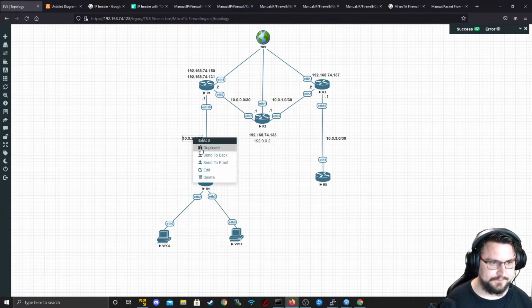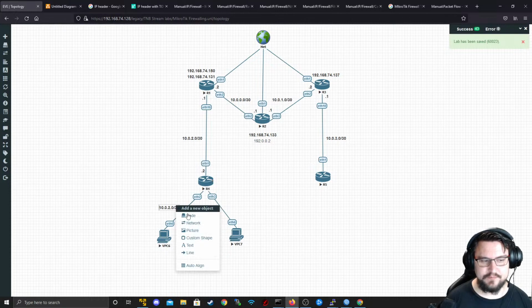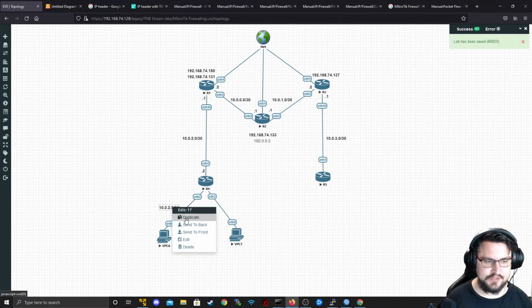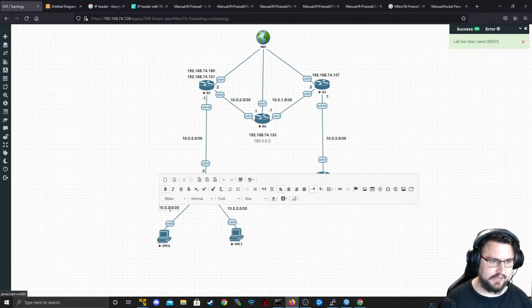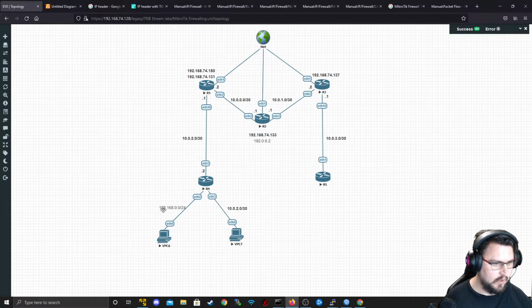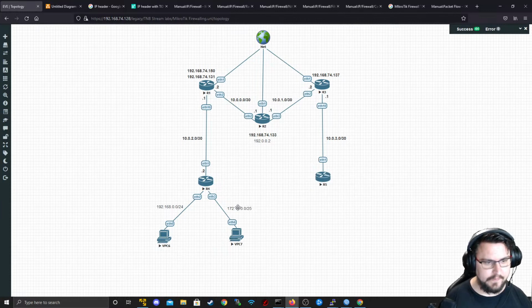All right, so router 4, let's just quickly put up a typical network. Let's say router 4 is a router at a customer site. That's their CPE. And on the CPE, they've got 2 networks. They've got a LAN network, which is running 192.168.0.0/24. And then they've got a phone network, which is 172.16.0.0/25 or whatever. So those are going to be configured on Ether 2 and 3 respectively, but we're going to